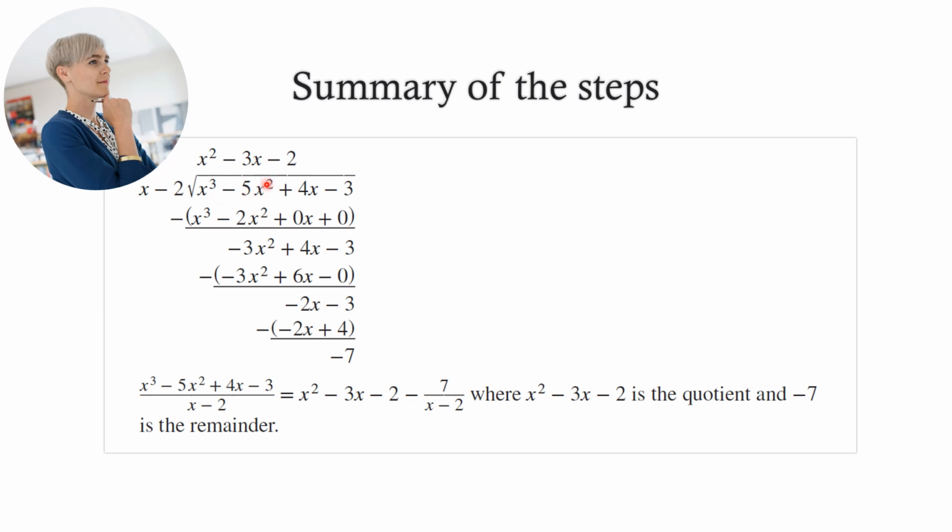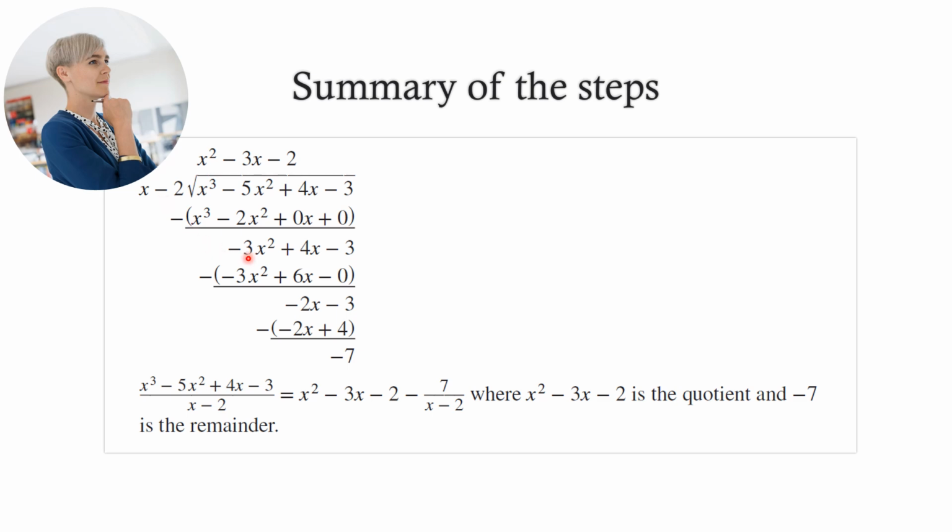Here, minus 5x squared minus 2x squared will give us minus 3x squared. Then we have 4x minus 0x will give us 4x. Minus 3 minus 0 will also give us minus 3. So this one becomes our new dividend because the degree of this one is still greater than the degree of the divisor. We have to get to the point that the degree will be less than the degree of the divisor. So the